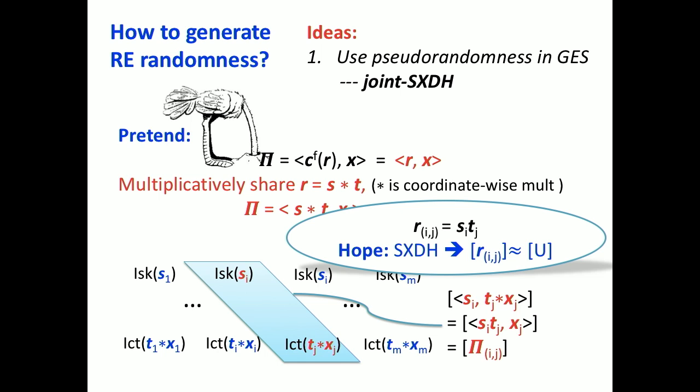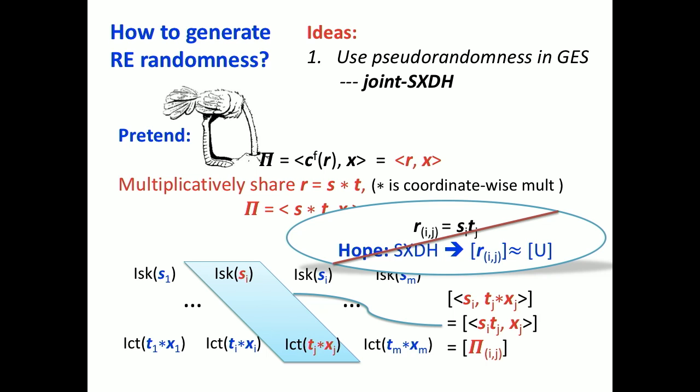And even better, now every randomized encoding, all m square of them, has distinct randomness. None of them share randomness. Why? Because the ij-th one will have randomness Rij, which equals Si multiplied by Tj. But just saying that all these things are distinct does not necessarily mean that RE security would apply. I really need these things to be pseudo-random. But this is good enough, right? As we just saw in the last slide, the product would be pseudo-random under the hood inside the encodings.